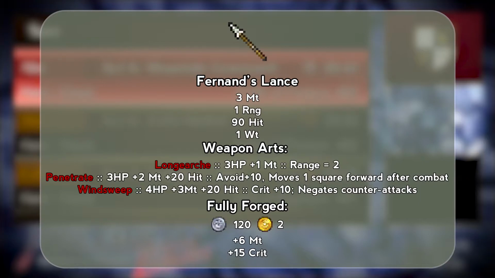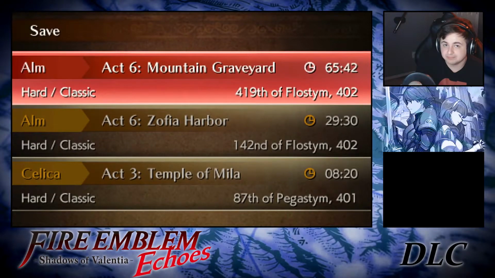Now, fully forged at 5-star, Fernand's Lance costs 120 silver marks and 2 gold marks, and adds 6 might and 15 crit, giving you a total of 9 might on the weapon with a nice extra 15 crit for whatever you need. Not bad. Not bad at all. But